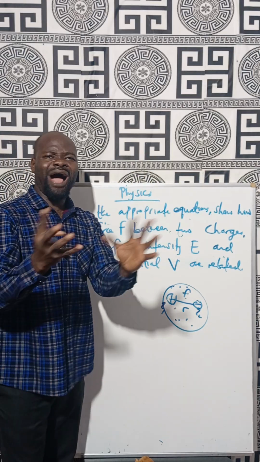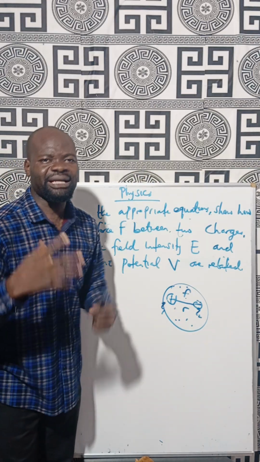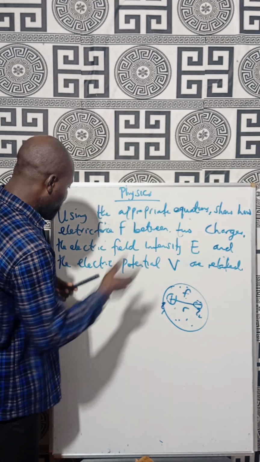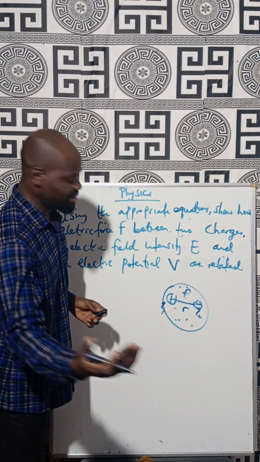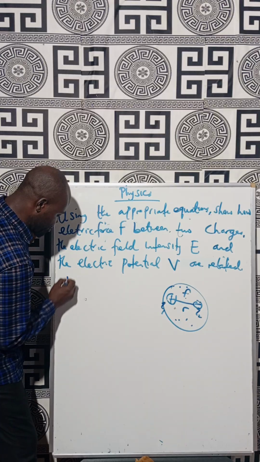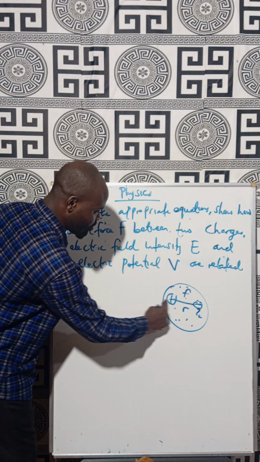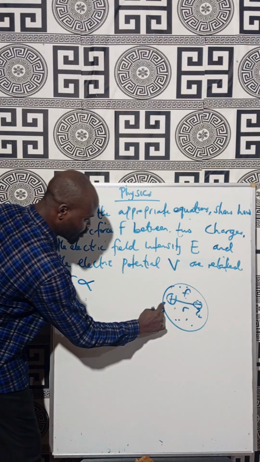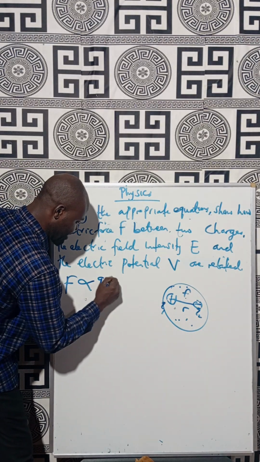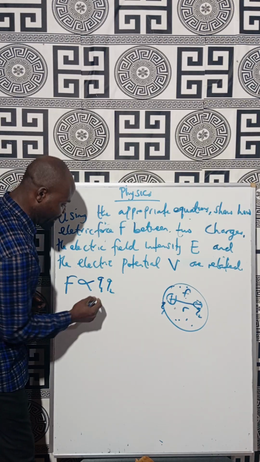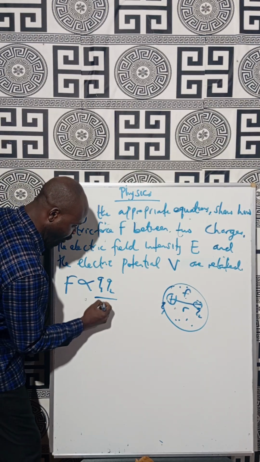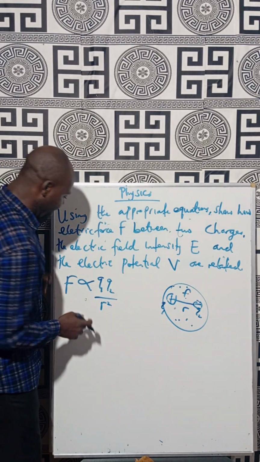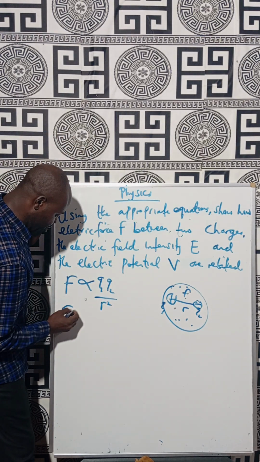So how are the three parameters related? That's what we are talking about. Let me start with F from Coulomb's Law of Charges. It says that the force of attraction between two charges, Q1, Q2, varies directly with the product of the charges, Q1 times Q2, and the same force varies inversely with the square of the distance apart. Note that. So which means that my F equals